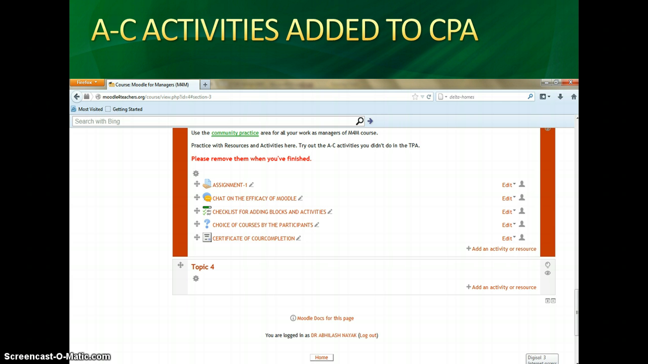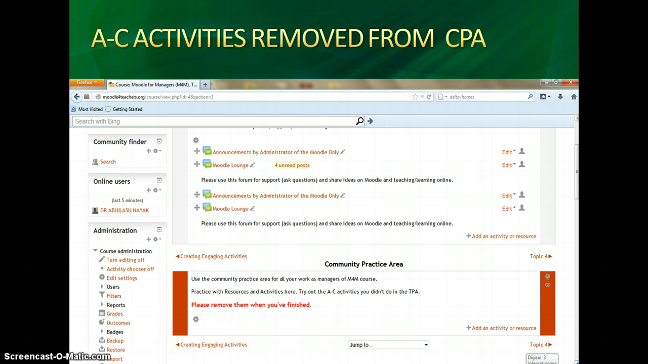Then I have added another activity, that is the checklist for adding blocks and activities. This will help the participants to know whether they have been able to add all the blocks one after another, to see whether they understand the blocks or not, whether they are able to add the blocks properly to the course or not. Then for the activity choice, I have put an activity like this,